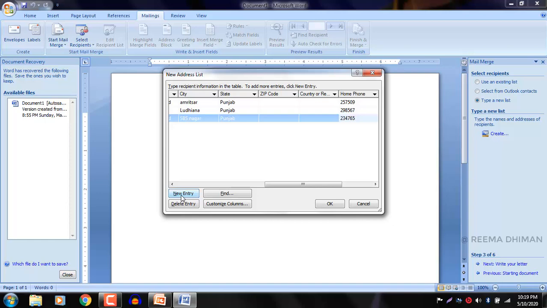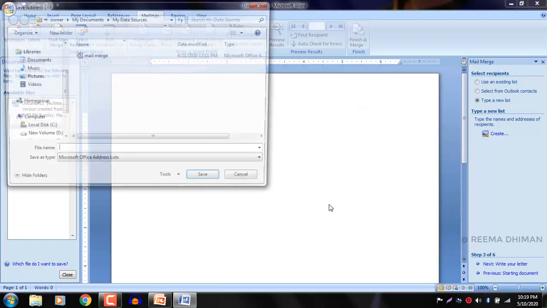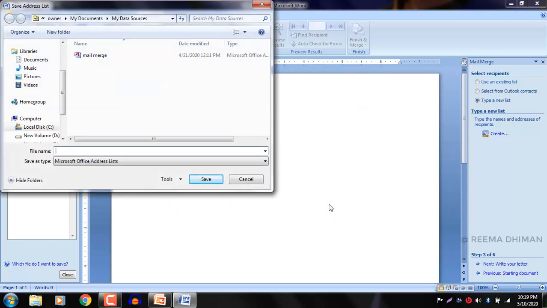So if you want to add more entries, you can click on the new entry button, and after writing the information about the recipients, you have to click on this OK. After clicking on OK, the save address list dialog box will appear. You have to give the name here for the file, for saving the list of recipients.